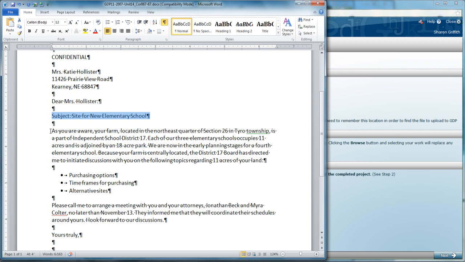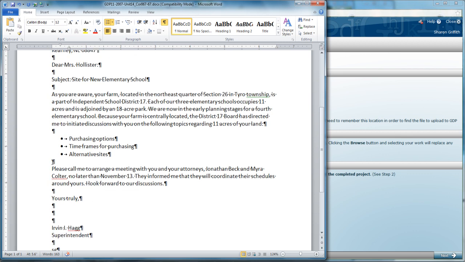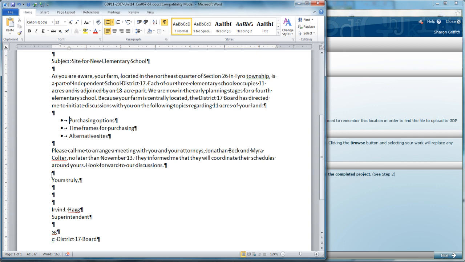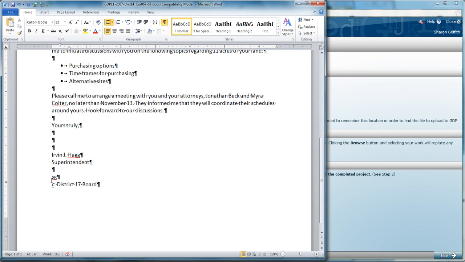Then we have another blank line where the instructions on the checklist will say press enter 2 times. That creates one blank line. Then before our list we have a blank line. When you are in the left margin, type your bulleted item. Press the bullet at the top. Use the default indentation, which should look like this. Then you want one blank line after your list, and then you type the remainder of the letter, filling in